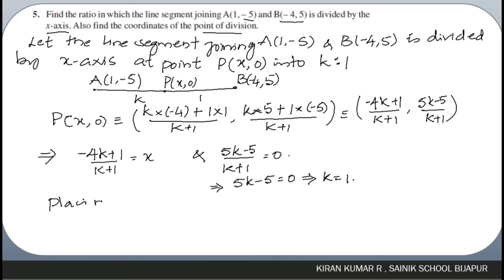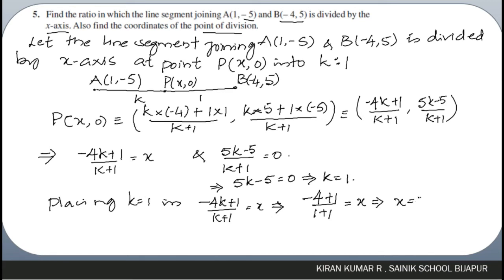Placing k is equal to 1 in the equation x = (-4k + 1)/(k + 1), we get (-4 + 1)/(1 + 1) equal to x. So the x value will be negative 3 by 2. Therefore, the coordinate of the point P (x, 0) will be (-3/2, 0),